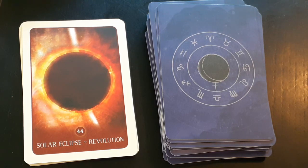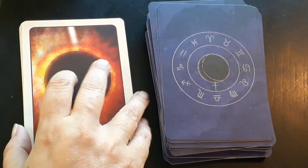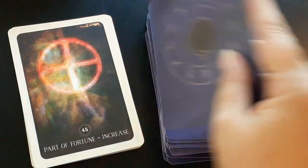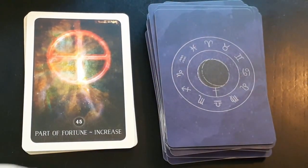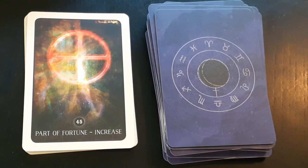Corresponding tarot card is the Two of Wands. Key ideas: crisis, change, divorce, dissolution, breakdown, build-up, relocation. Part of fortune, increase. Inherent talents, the gifts one is born with, what comes easily, what is natural, instincts, perception, desires, success, gains, where